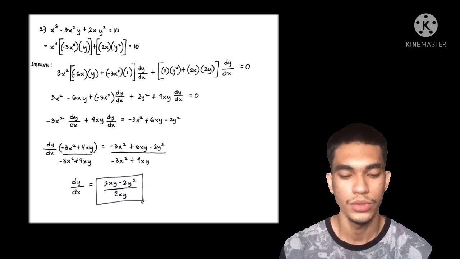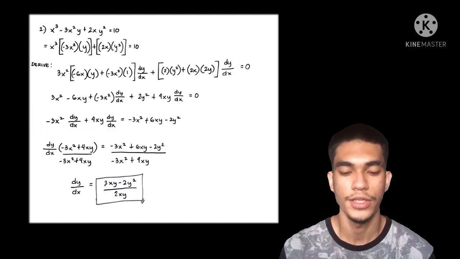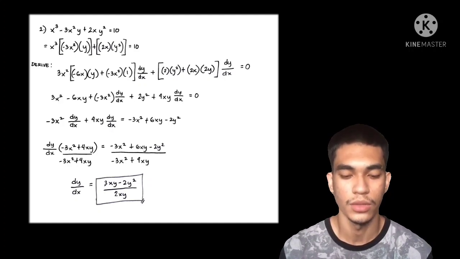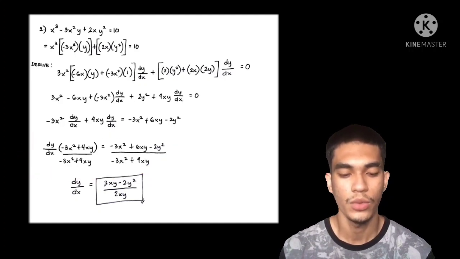Now, what we are going to do next is to transpose the other terms without dy over dx to the right side. Now, on the left side, we will be left with negative 3x squared dy over dx plus 4xy dy over dx is equal to negative 3x squared plus 6xy minus 2y squared. Now, we can factor out our dy over dx. Now we have dy over dx times negative 3x squared